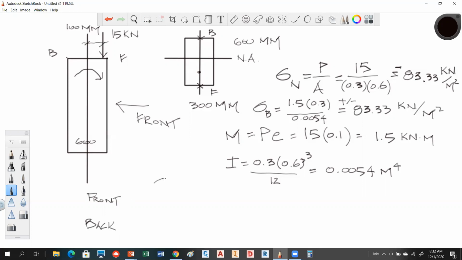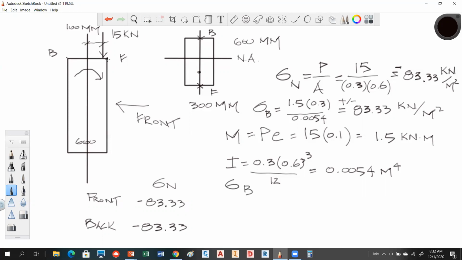So we have a normal stress. Normal stress front and back is compressive. So that's going to be a negative 83.33 for both the front and the back because the entire column is under compression. So if this guy was over here right on the neutral axis, this guy right here disappears. There is no moment. But since we do have that bending going on,